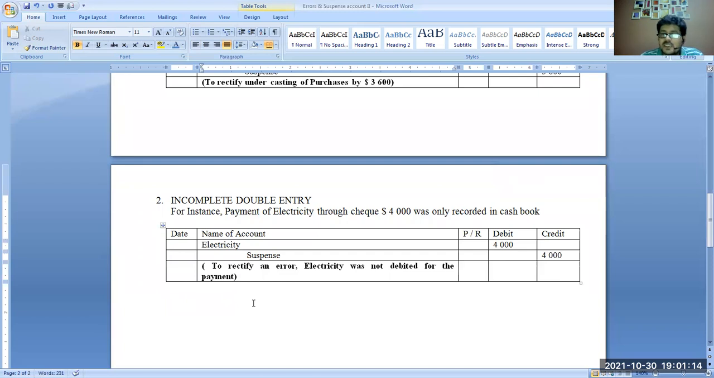Write narrations when they say narrative is required. Mostly in O levels, they say narrative is not required. Okay. So if they ask you to write narrative, then you should write. Okay. Now, after incomplete double entry, we have number 3, incorrect double entry. Okay, incorrect double entry means, for instance,